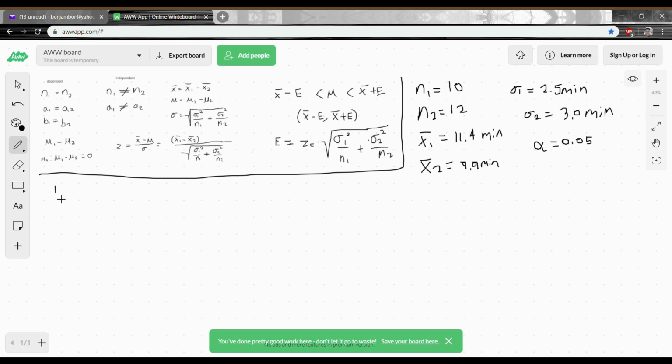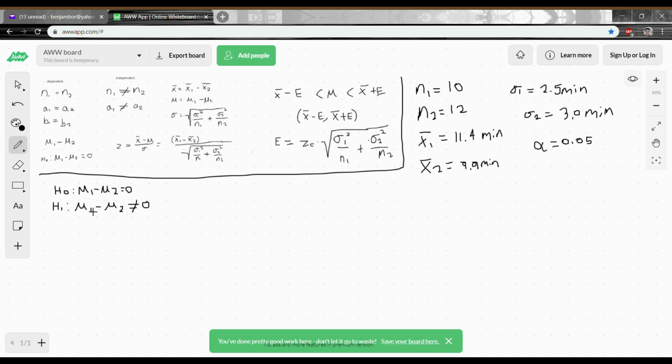We are going to state the null hypothesis. The null is always going to be that the difference of the two means is 0. And now we will write our alternate hypothesis, which does change, and that is going to be that the difference of the two means is not 0. Basically stating, are they different at all? Are they different to a certain degree that matters, basically? So